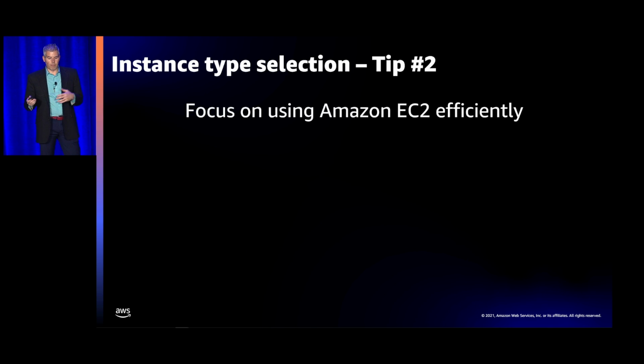OK, so my next tip is to focus on using Amazon EC2 efficiently. What does that mean? It means the thing I recommend is don't get started with EC2 with your initial selection and try to optimize on all vectors, or specifically try to focus initially on cost. We will help you get to the cost space as well. But after you've optimized on some of your key business factors, you can use some of the tools that Chris is going to talk about a little bit later in today's presentation.